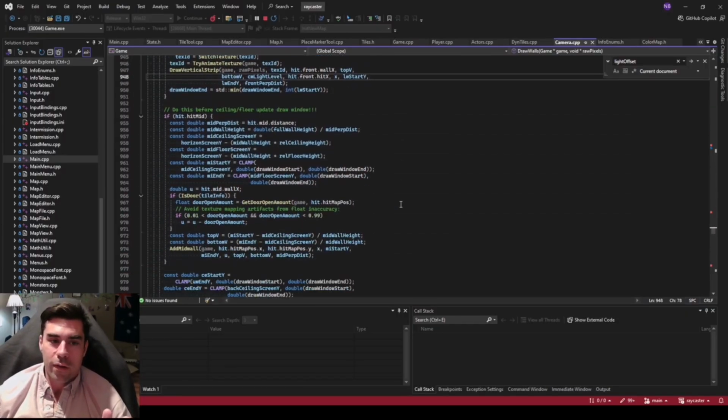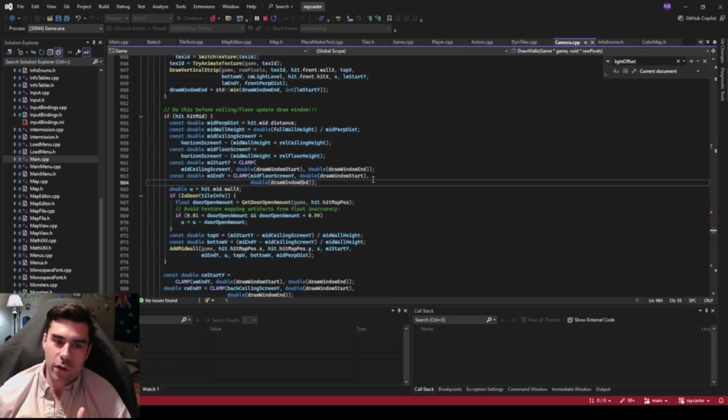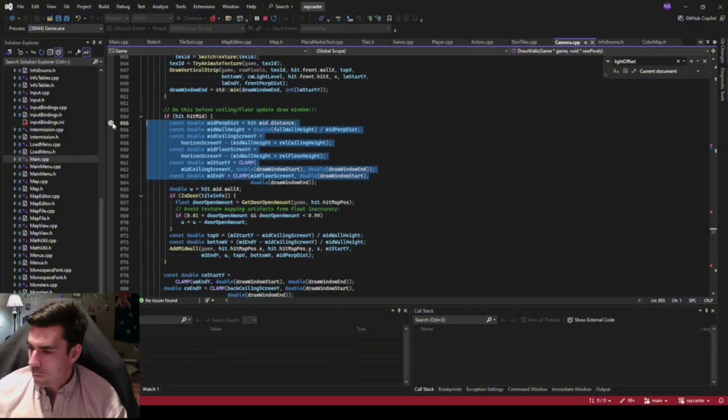Then there is some stuff about mids. If there is a mid hit, there's not always. I showed you one case where there was that window. That's a mid, right? But most of the time, there won't be any mid. But if there is a mid, then we do this stuff. This is similar to what I was talking about, calculating all those distances. So if there's a mid,